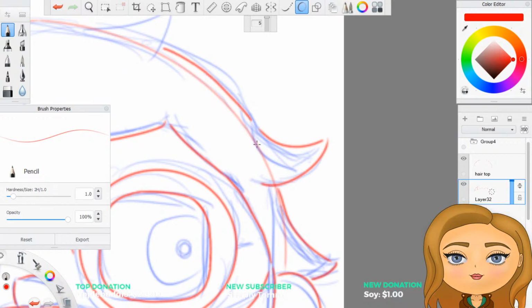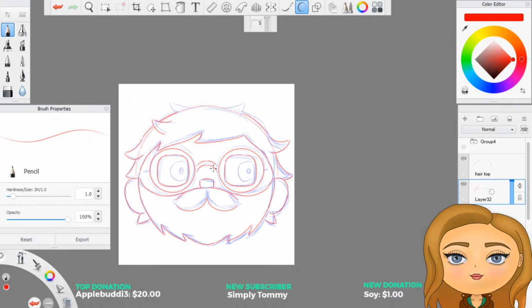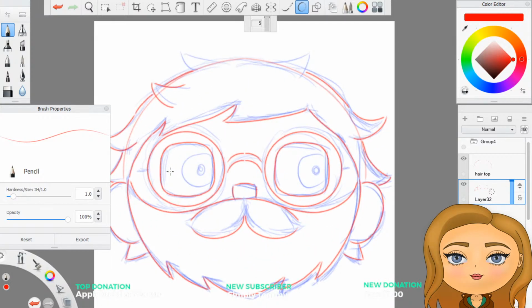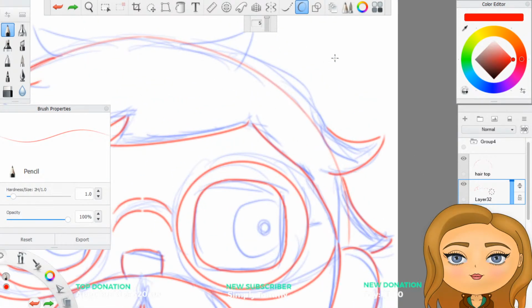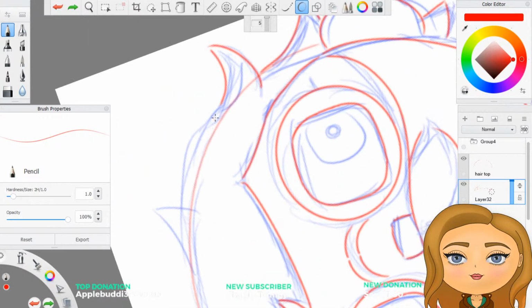And go between the lines for the head shape. In fact, no, let's slim it inwards a bit. Let's turn you like basically upside down.